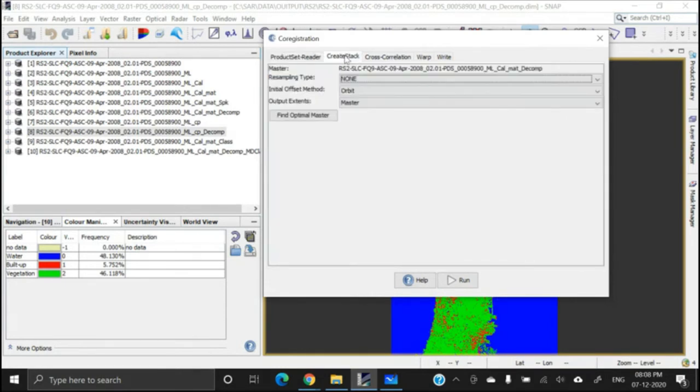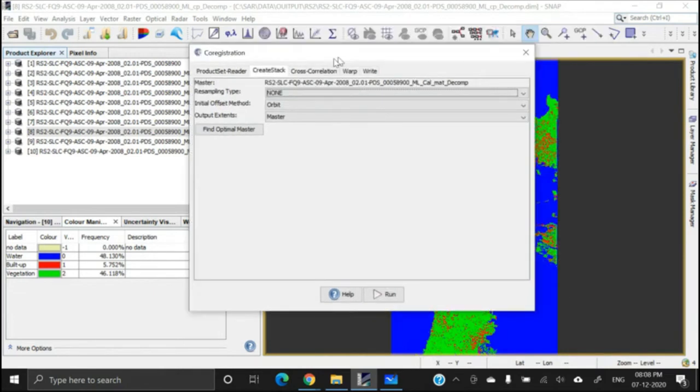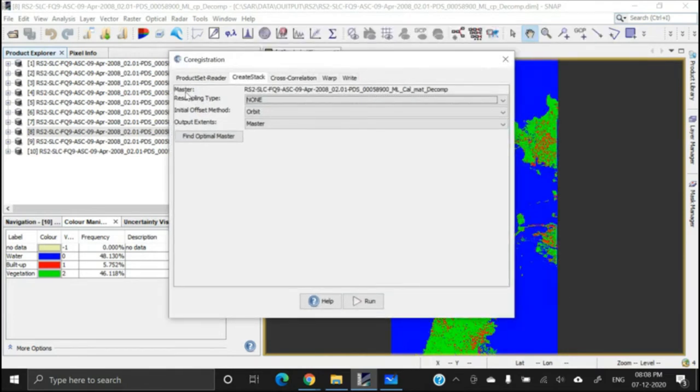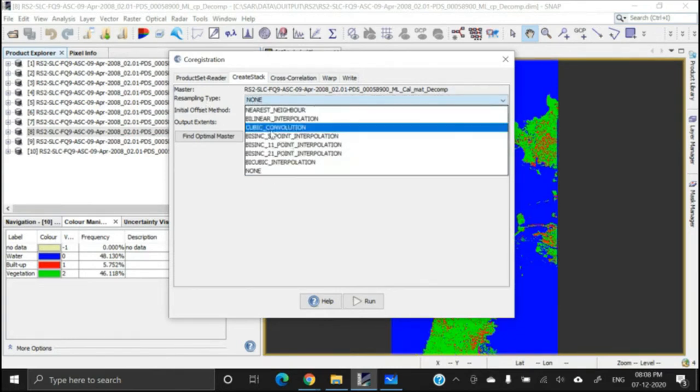Now go to create stack. Okay. Now in create stack, we have to define a master file. Master file means if we have differences in their geographic extent, then which one will be considered as the master? So it has considered one file as the master file. Then resampling, what kind of resampling do you want to perform?